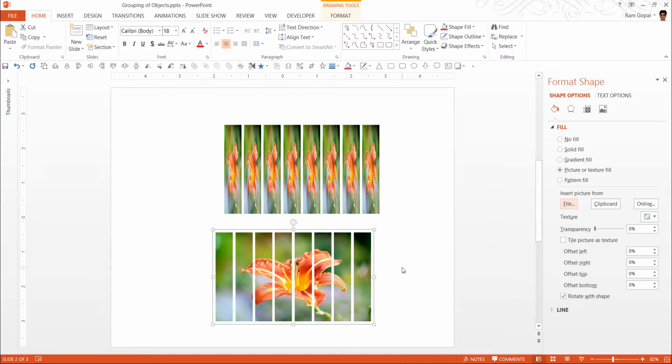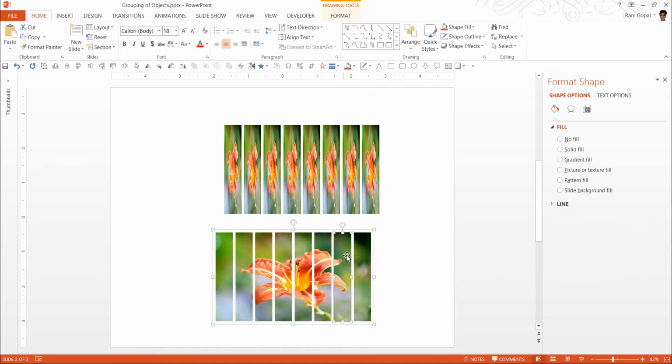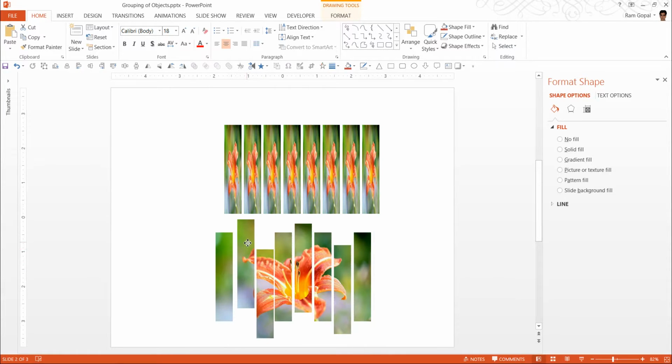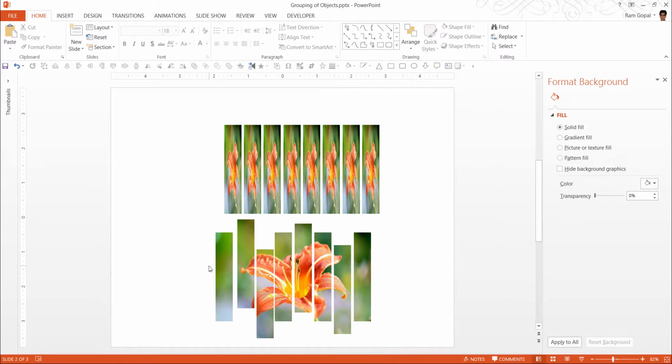The best part about grouping is, even though they are all treated as one object, you can work with these individual elements the way you want. For example, I can move this element a bit down here, I can move this slightly here, I can move this down, I can move this up, I can do anything I want, and you can see that we have created some very interesting design effect here because we could group these elements together. Grouping is an extremely versatile and useful function in PowerPoint, and knowing how to group elements can really help you create much better business slides.